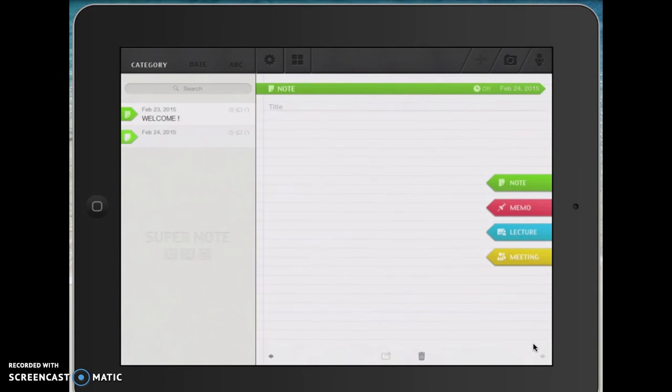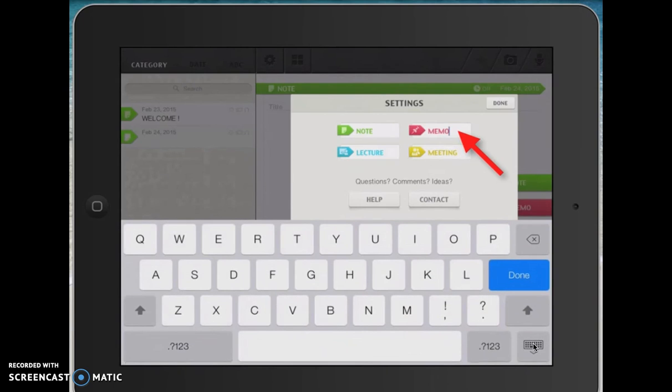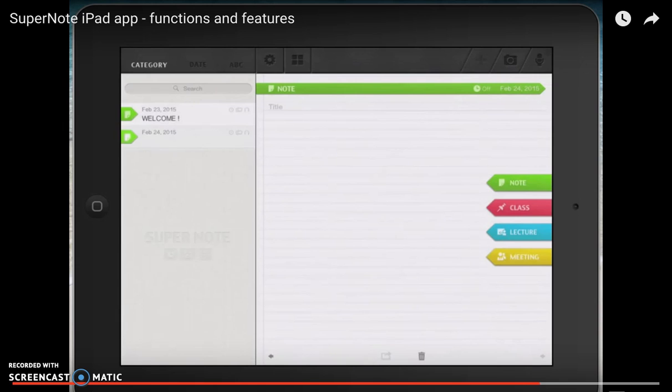So if you don't like the category called memo, you can tap on the gear icon, and then you can tap into this field called memo, and you can erase this. You could call this one class if you wanted to, and click done. Then notice